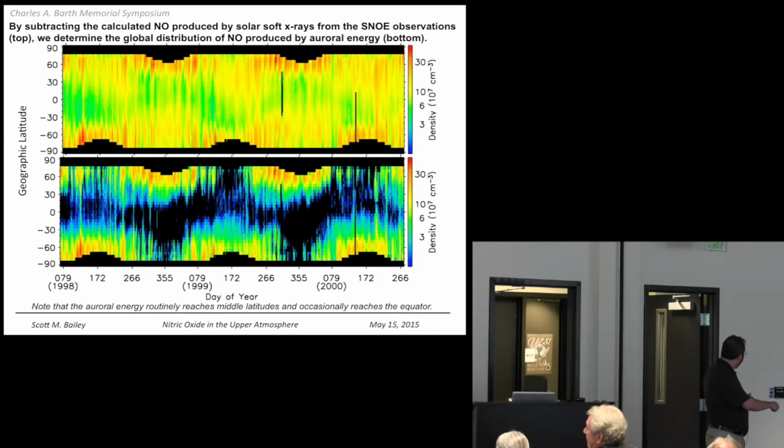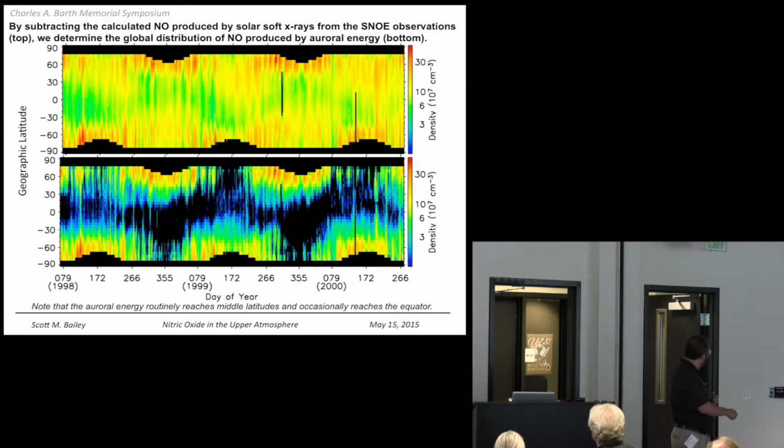You look at the equator, sometimes the aurorally produced NO reaches all the way down to the equator. Now that's not actual aurora at those latitudes, right? We theorized at the time that what was happening is the NO is created at high latitudes, but the effect of the aurora is so strong to generate winds that carry that NO downward. And we thought that was a great theory until a guy named Phil Richards came along, right? And suggested we need to think about that a little more.